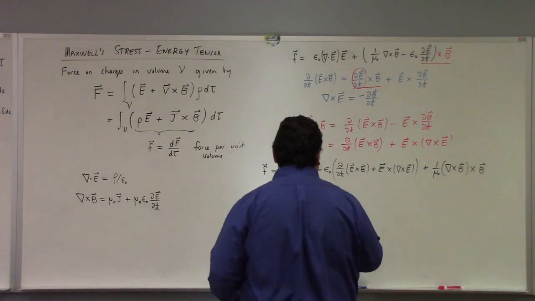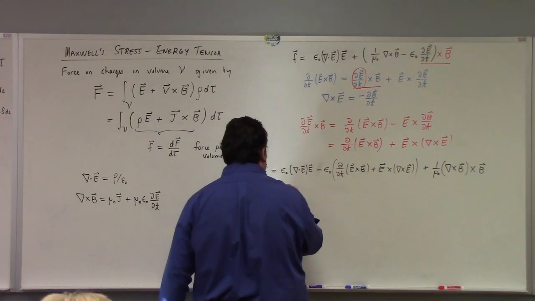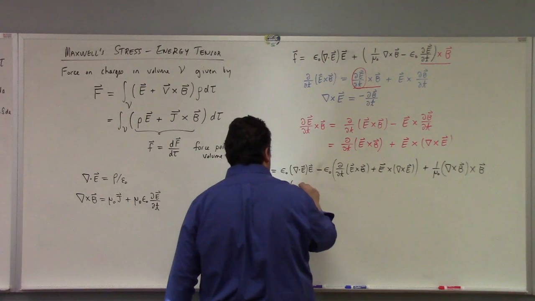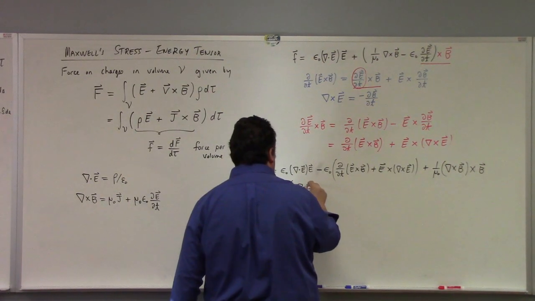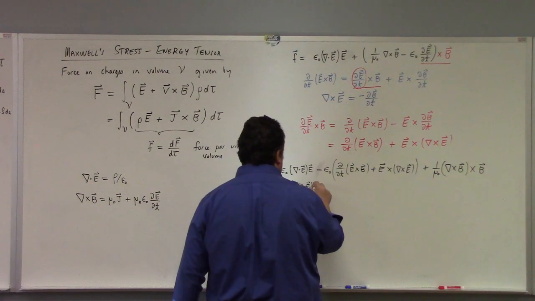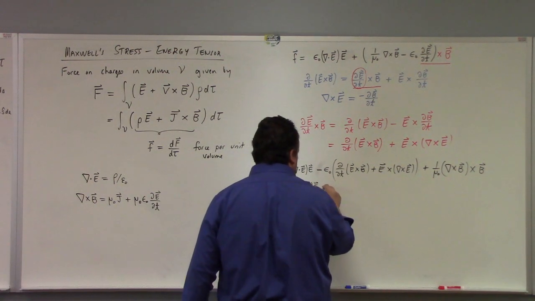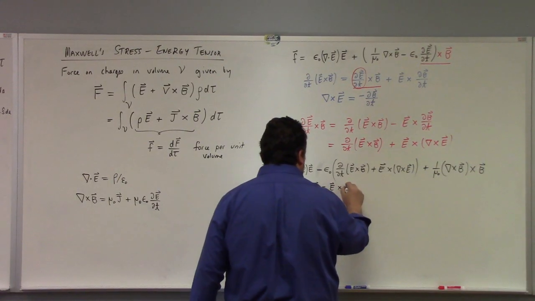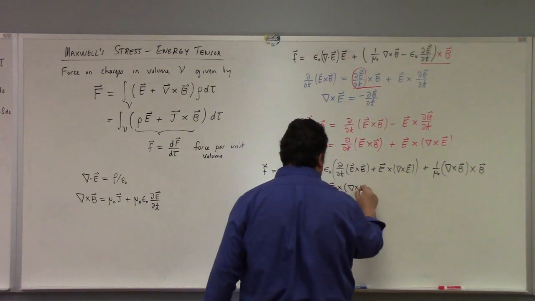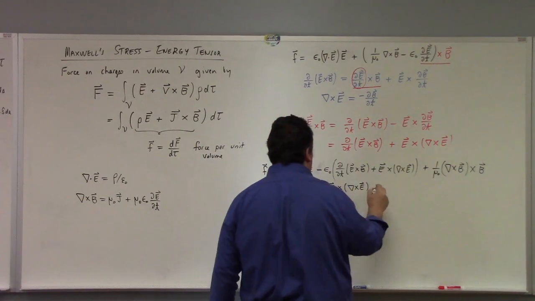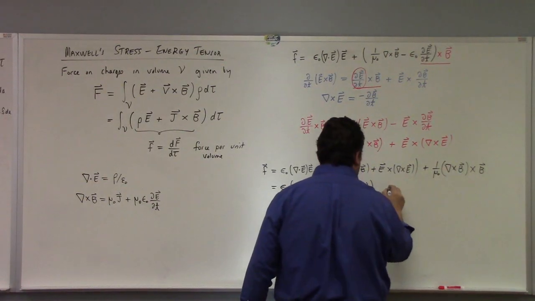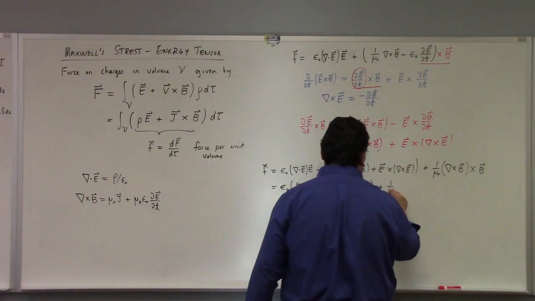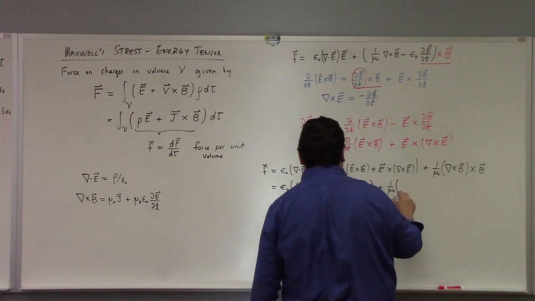So we've got epsilon naught times the divergence of the electric field times the electric field minus E cross the curl of E, close parentheses, plus 1 over mu naught and